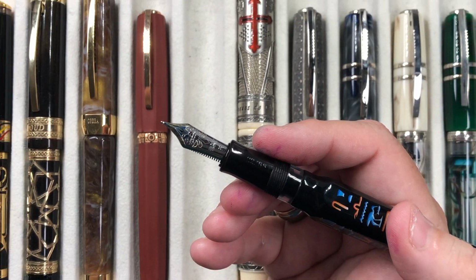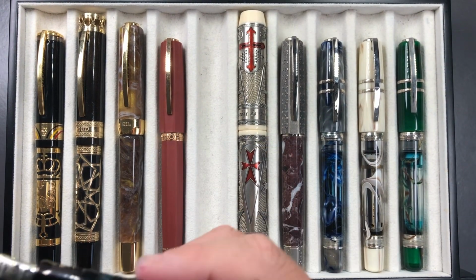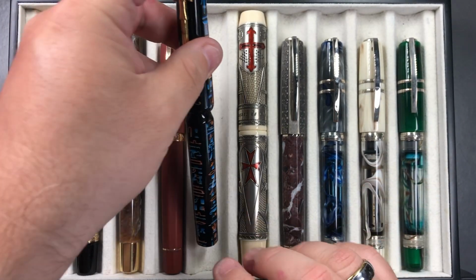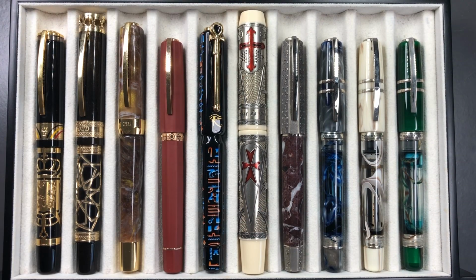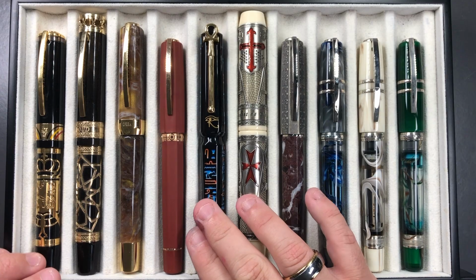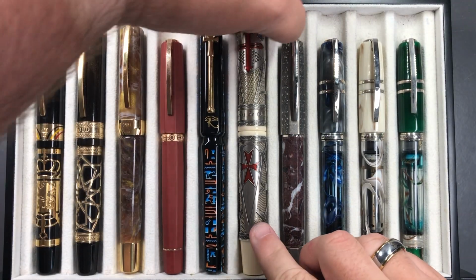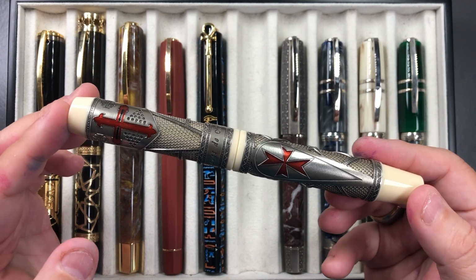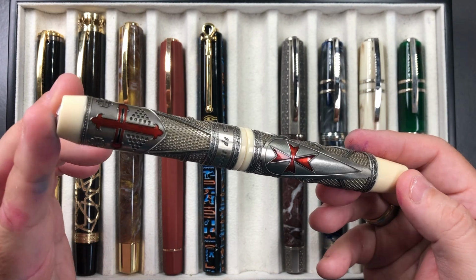But this again is a good writer. And I've not had this inked up much lately, so I'm glad that I've inked this one back up and I can write with it a bit more. And then we have this very large, which you've probably seen before, the Visconti, and this is a Templar edition,